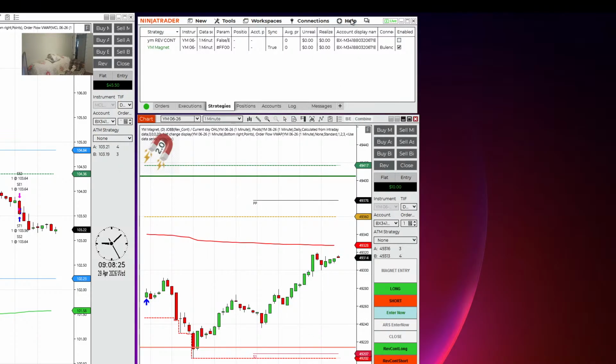So I can look at my setups if I don't remember exactly what I had set up. And now on oil, I'm going to make a note in my journal that MCL looked pretty good to trade